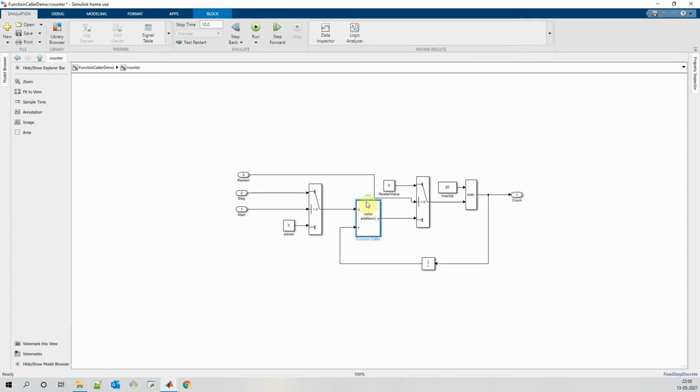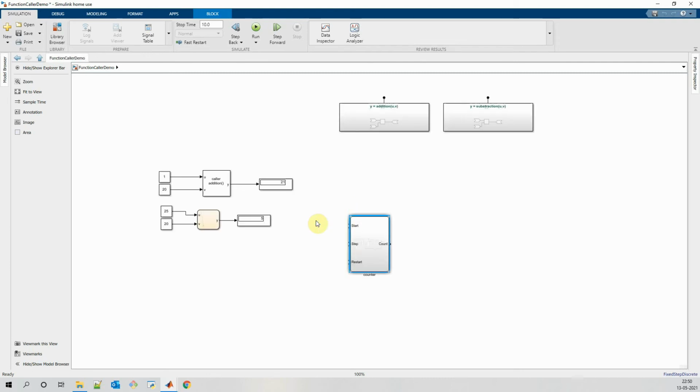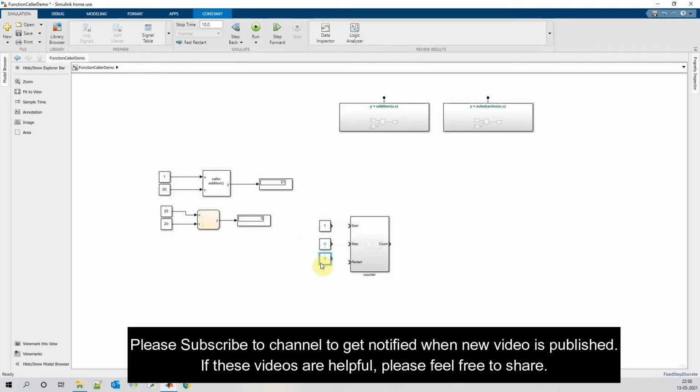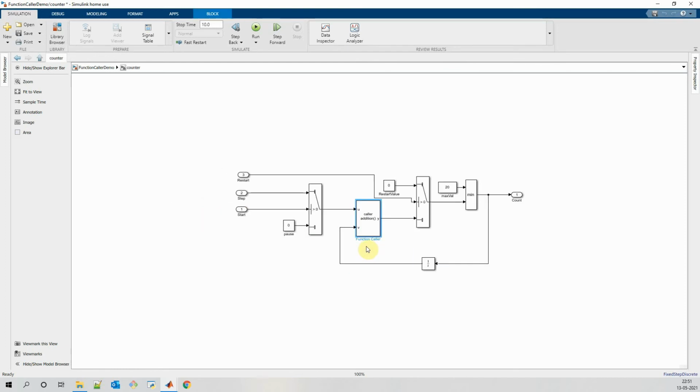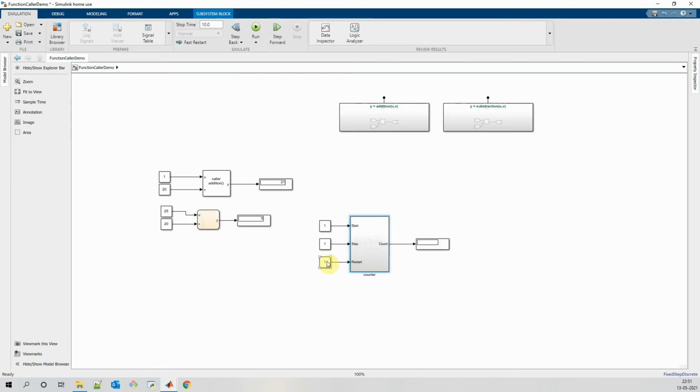So here we have used the addition function in our counter logic instead of a sum block. This counter will count till 20 and will stop counting.